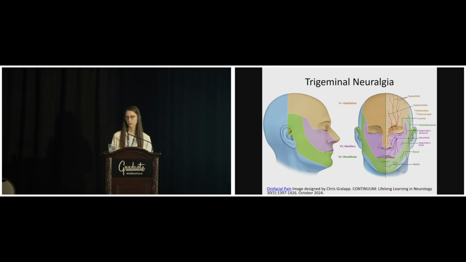The trigeminal nerve has different branches. You can see here some of the different colors that designate the main branches. So V1, V2, and V3. By far the most common are in V2 and V3. And you can also see on the right side that there are other branches here. So it's also possible outside of trigeminal neuralgia to have other types of neuralgia. For example, supraorbital neuralgia, or auriculotemporal neuralgia. So any one of these branches can be painful. Sometimes we even target it more specifically depending on the case.